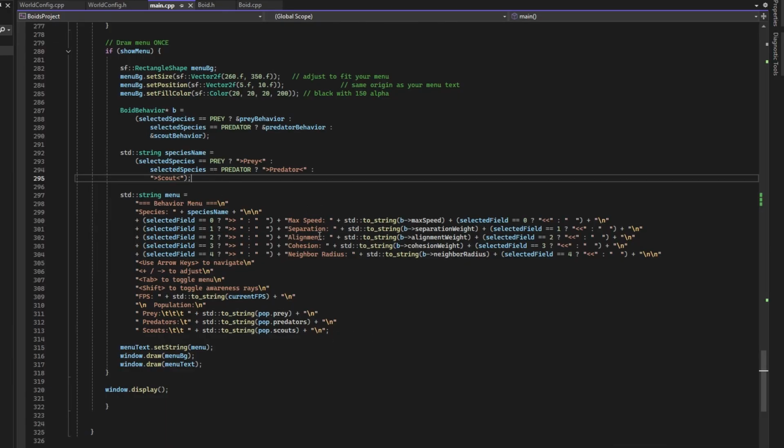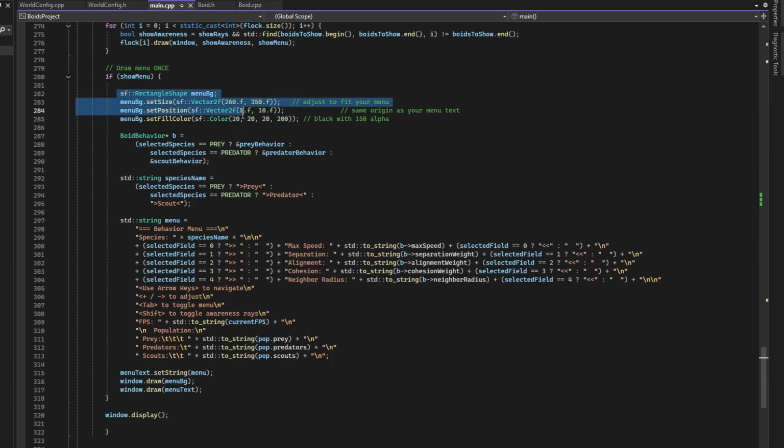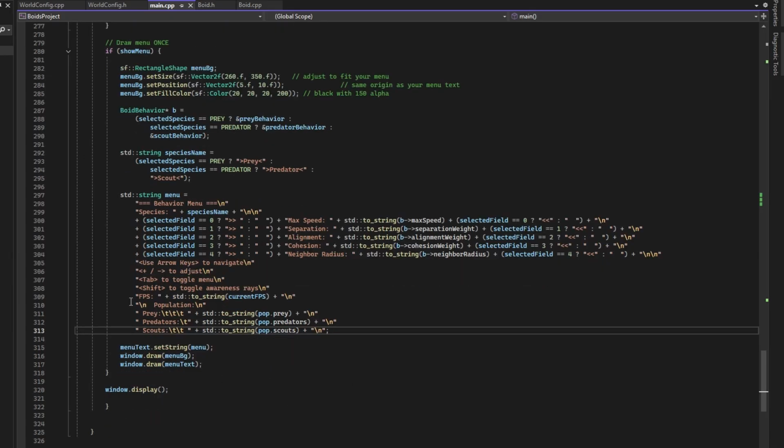These are each part of the menu, and if that is selected, then you get bracket, bracket, space. If it's not selected, you just get space, space. So that way it shifts over a little bit. And this is just a background for the menu so that it looks okay. And this is just a population counter,